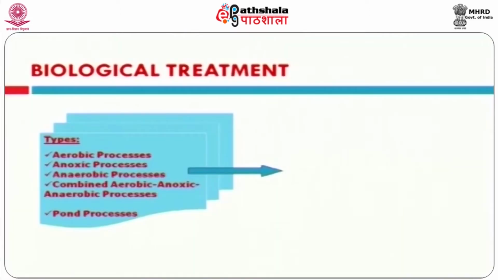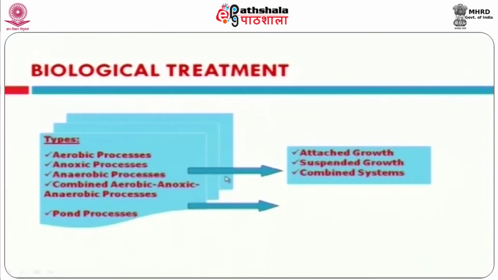The biological treatment can be achieved with the aid of aerobic bacteria as well as anaerobic bacteria. In aerobic activity, molecular oxygen will serve as an electron acceptor, but in anaerobic activity, the organic matter or intermediates generated during the anaerobic pathway will serve as electron acceptor. Apart from aerobic as well as anaerobic activity, we have one more type of bacteria, that is facultative bacteria. These bacteria can survive in the presence or absence of molecular oxygen. If you want to eliminate nitrogen from wastewater, we need an anoxic type of reactor. So, overall we can categorize biological systems into aerobic, anaerobic, facultative as well as anoxic systems.